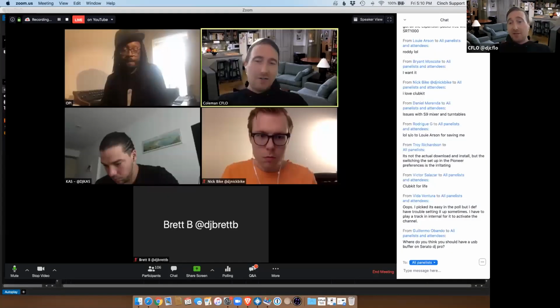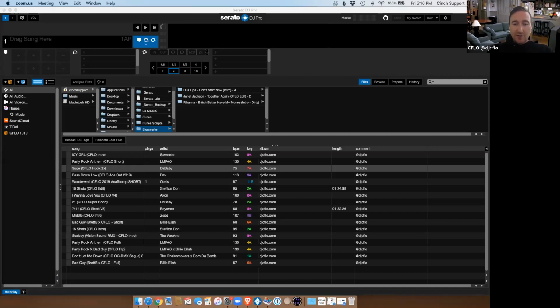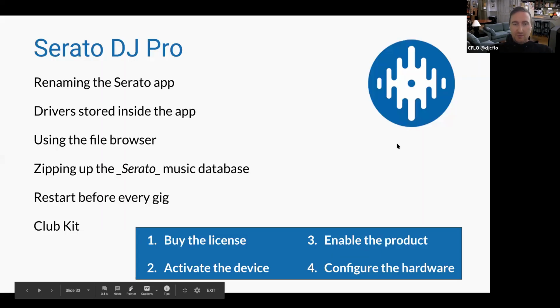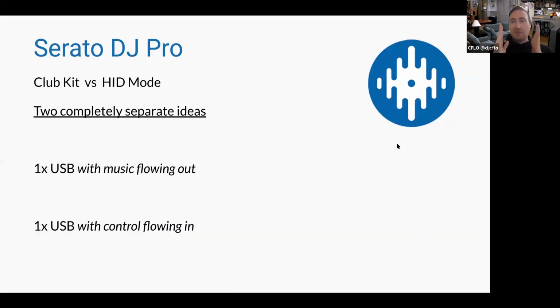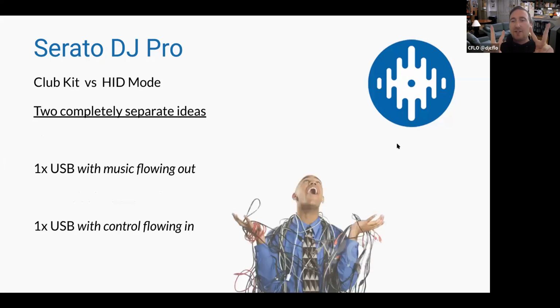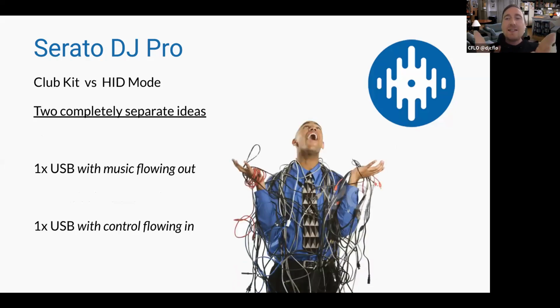Thank you. I just wanted to very quickly touch on HID mode, and then it is all you. Yep. So Club Kit versus HID mode. They're two separate ideas. Think about it like this. One of your USBs has music going out of it, whether that is Club Kit, whether it's hooked up to the S9, whether it's a classic Serato box, a Denon box, a controller.